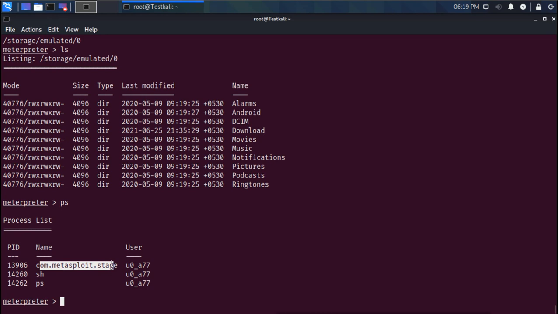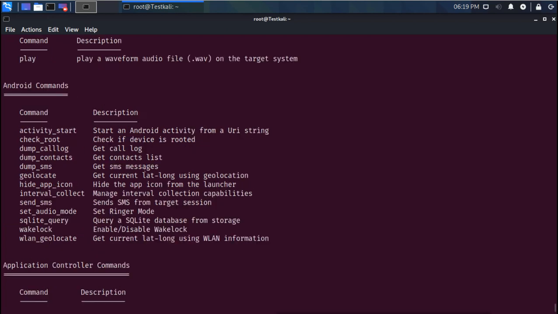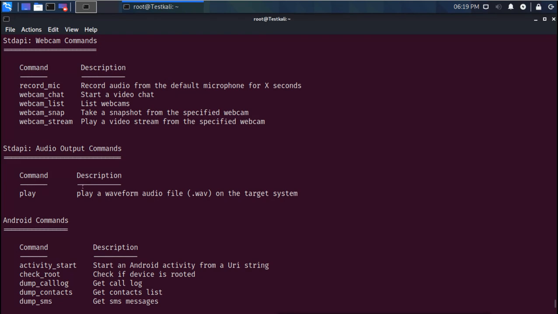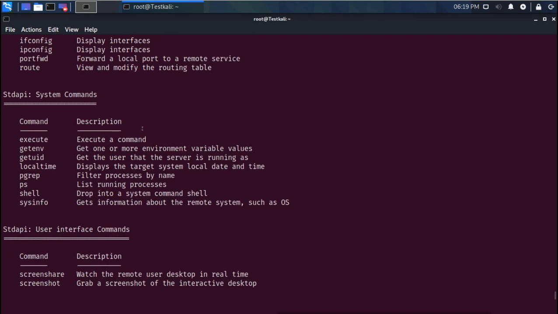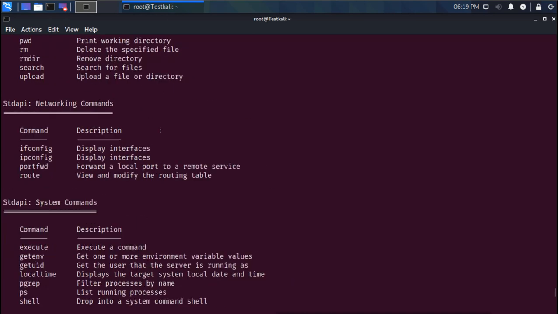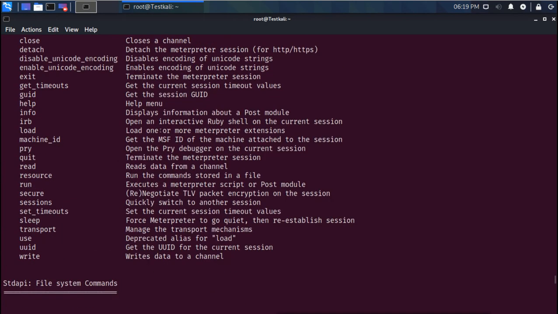And also we can check the help, like what other commands we have for this Meterpreter. So we have commands like we can install applications, we can do all these things with this Meterpreter. Play audio, we can check the webcam recording, we can see the screenshot, sysinfo, shell, and all these commands which come with this Meterpreter we can run. So what is happening here is that we have installed the malicious app into the Android device, and we are getting access to that Android device from this Kali Linux.